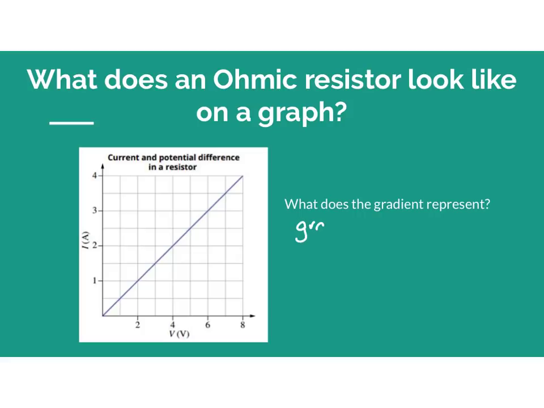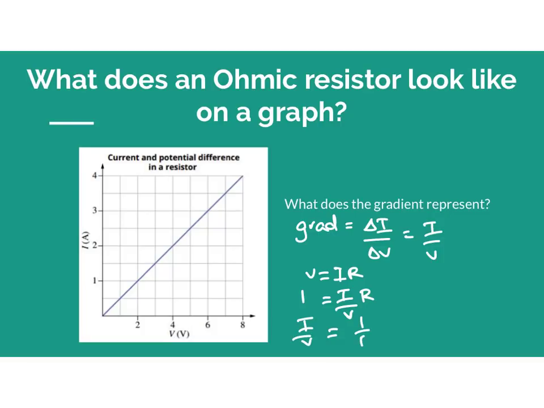So the gradient is going to equal the change in I over the change in V, which is just I over V. But Ohm's law states V equals IR. So I want to get I over V. I divide both sides by V, and I get 1 is equal to I over V multiplied by R. And now I want to get rid of the R, and I get that I over V is equal to 1 over R. So if I was to work out the gradient here,